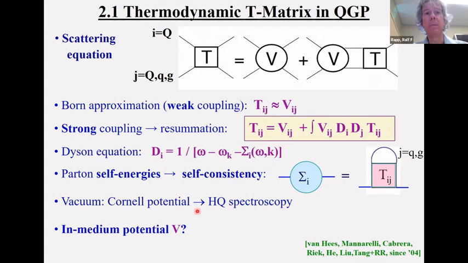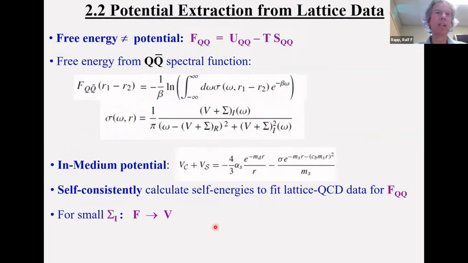Now in the vacuum, we can resort to the Cornell potential in the heavy flavor sector. We know that is a very good spectroscopy for both Quarkonia and also, in fact, for open heavy flavor mesons. What it maybe doesn't do so well is the chiral sector of QCD, where other forces can come in, like NJL type or instanton forces. But in principle, they can also be implemented. So then we go to the medium and we have to address the question, what is really the medium potential?